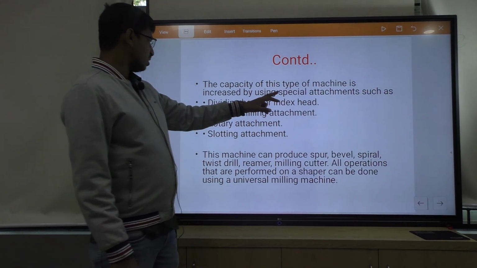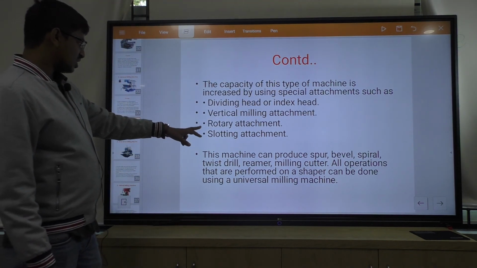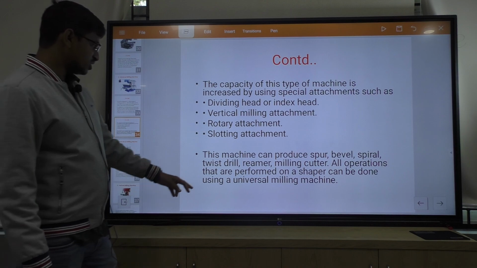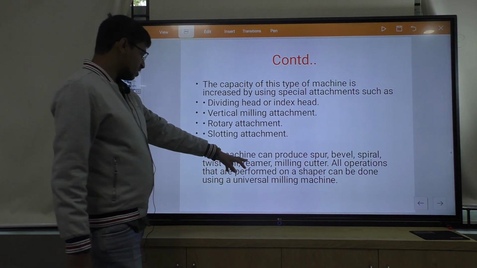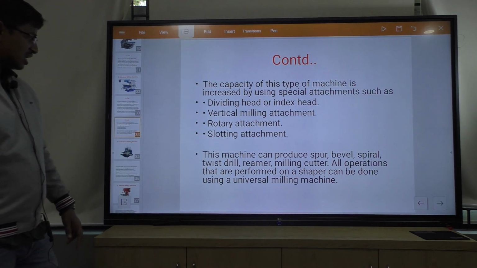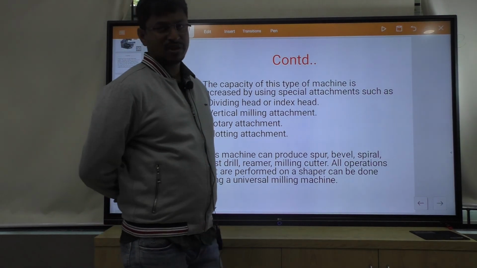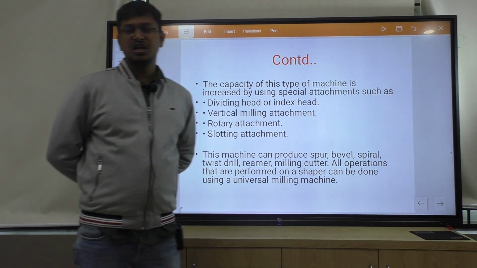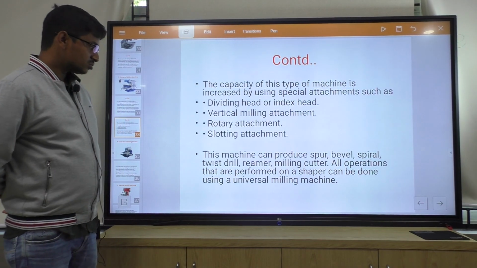The capacity of this type of machine is increased by using special attachments such as dividing head, rotary attachment, slotting attachment. These machines can produce spur gear, bevel gear, spiral, twist drill, reamer, milling cutter. All operations that are performed on a shaper can be done using a universal milling machine. Means in universal milling machines we can produce spur gear, bevel gear,